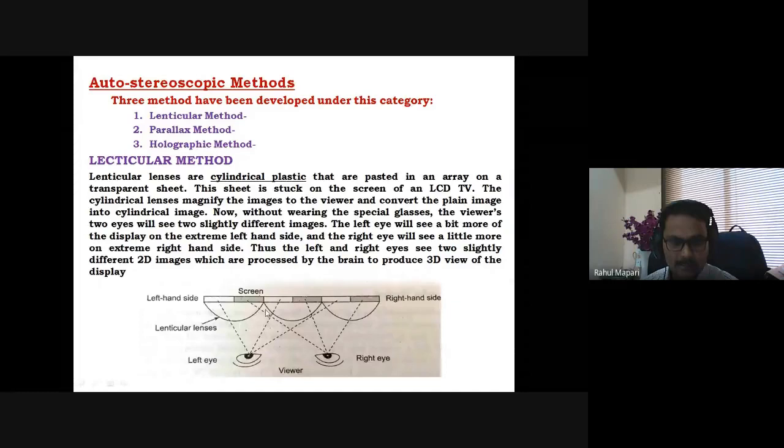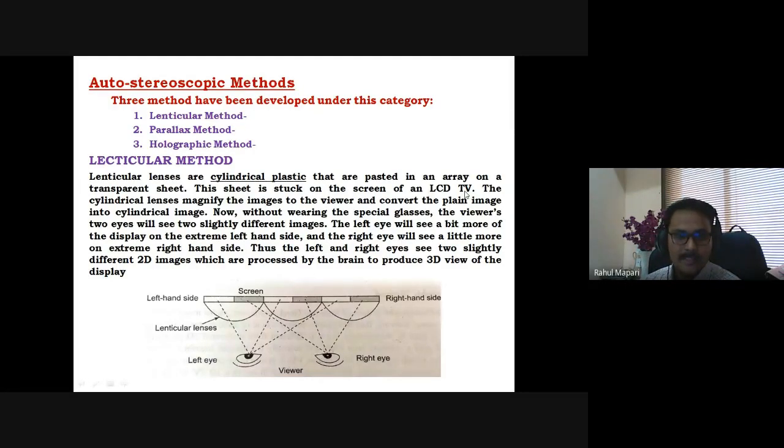Lenticular lenses are cylindrical plastic lenses that are pasted in an array on a transparent sheet. So inside the screen there is a transparent sheet, on which these cylindrical lenticular lenses are pasted. This sheet is stuck on the screen of an LCD TV.